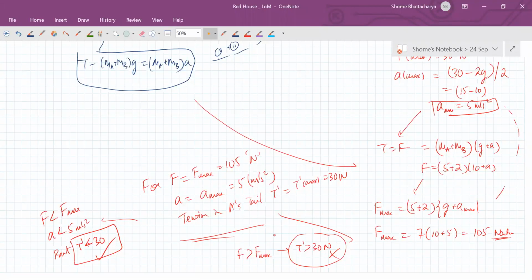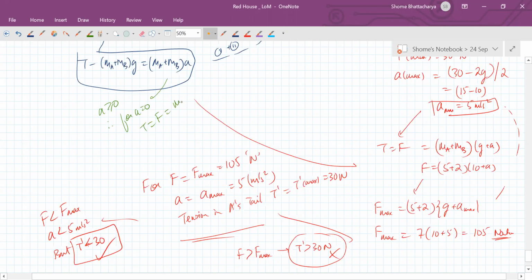Okay. And of course, the other limit is that he doesn't want them both to fall. They are both going upwards. So what is the lower limit? When acceleration is 0. So the lower limit of that force is when acceleration is 0. So in this, on the other hand, you put that A should be greater than or equal to 0. So therefore, for A to be 0, the force he is applying is equal to the combined weight.